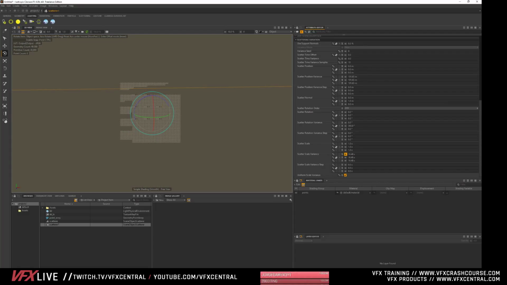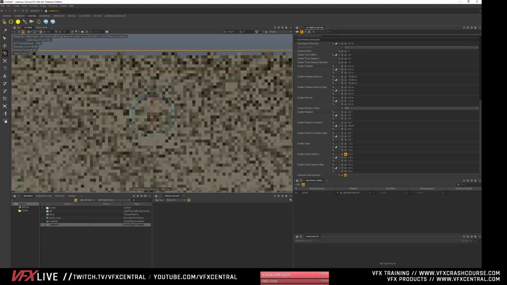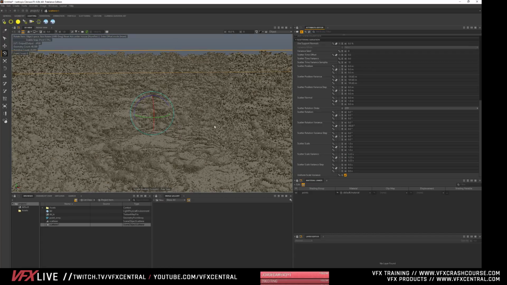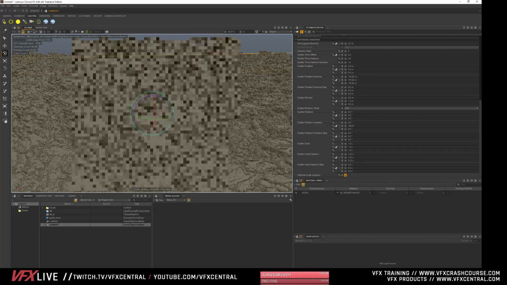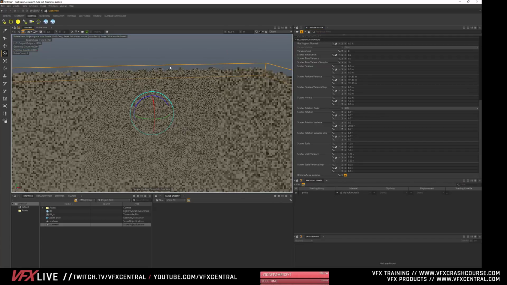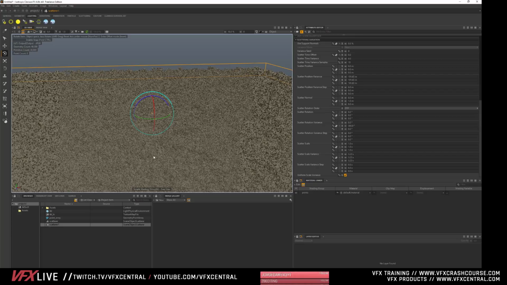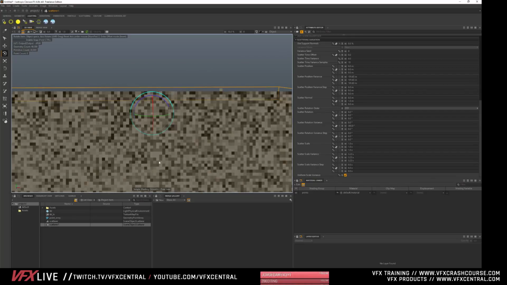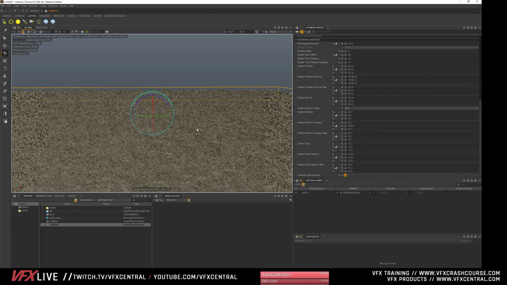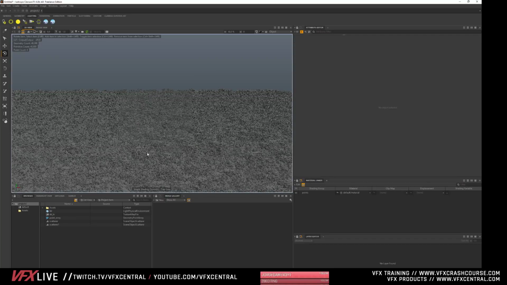Oh boy, that got huge. Let's go back down. Maybe we went a little too crazy. And I'm going to zoom out just to see what's happening. So this is a massive skyscape now.